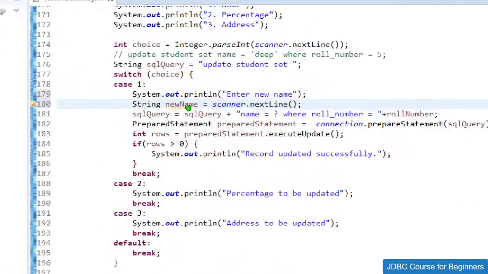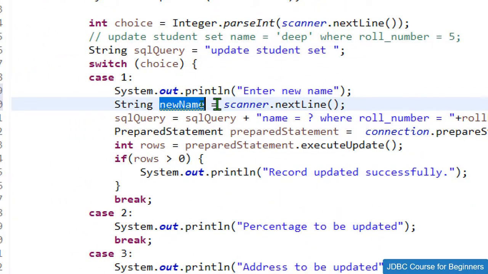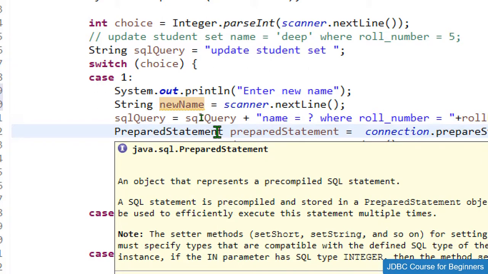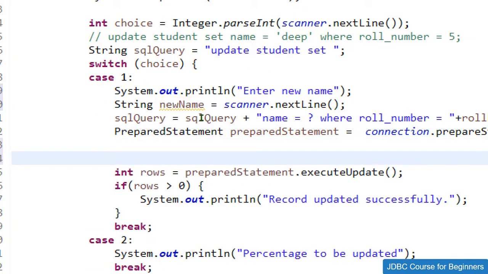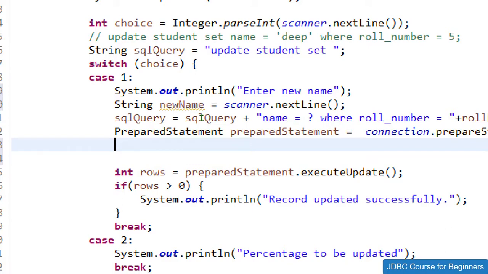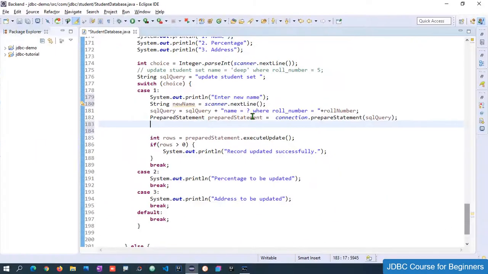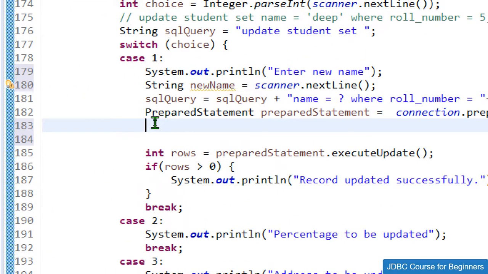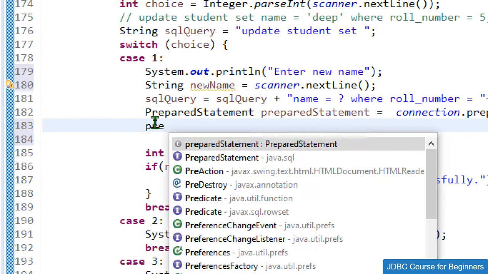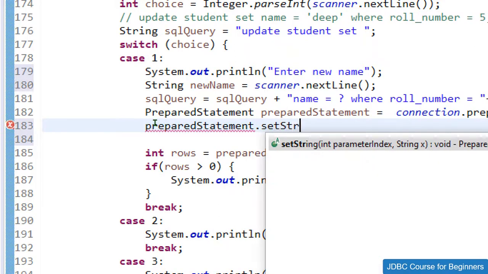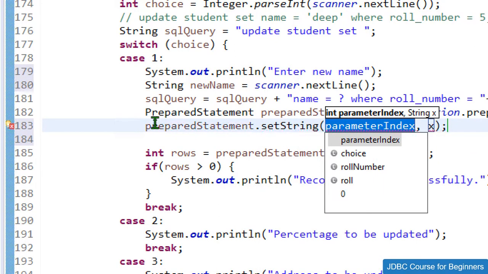And now this new name will contain the name that needs to be updated. So this prepared statement gives us an opportunity to set the dynamic values. After this particular line, that is connection dot prepare statement, I'll set the parameter. So I'll need to make it as prepared statement dot set string and the parameter index.